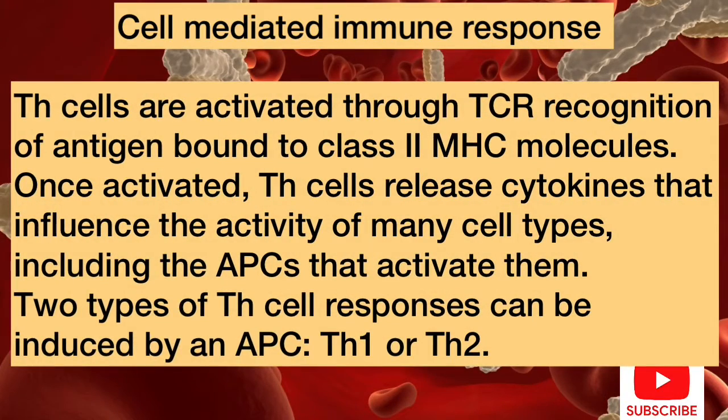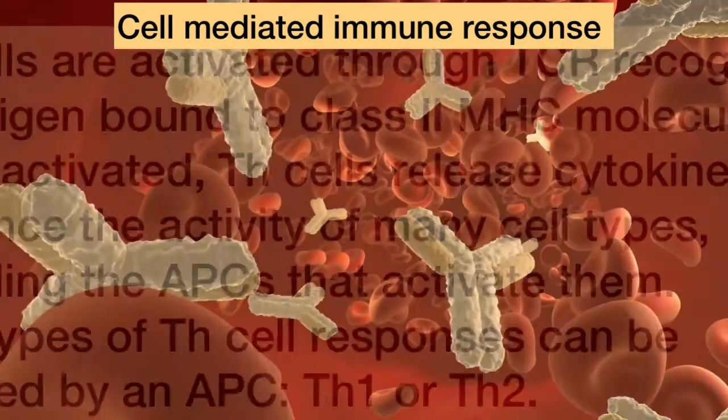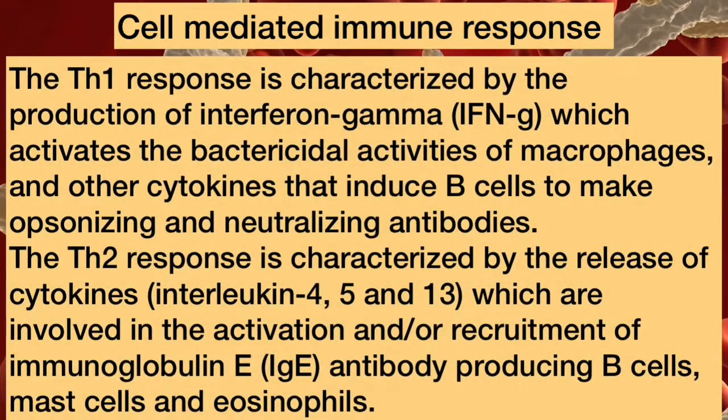T helper cells are activated through T cell receptor recognition of antigen bound to class II major histocompatibility complex molecules. Once activated, T helper cells release cytokines that influence the activity of many cell types, including the antigen-presenting cells that activate them. Two types of T helper cell responses can be induced by an antigen-presenting cell: T helper 1 or T helper 2 response. The T helper 1 response is characterized by the production of interferon gamma, which activates the